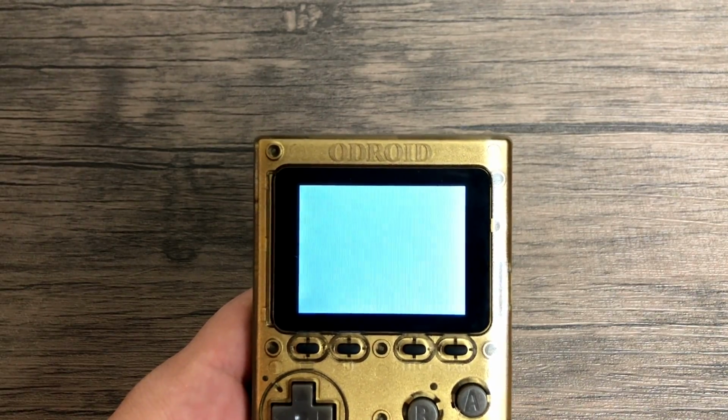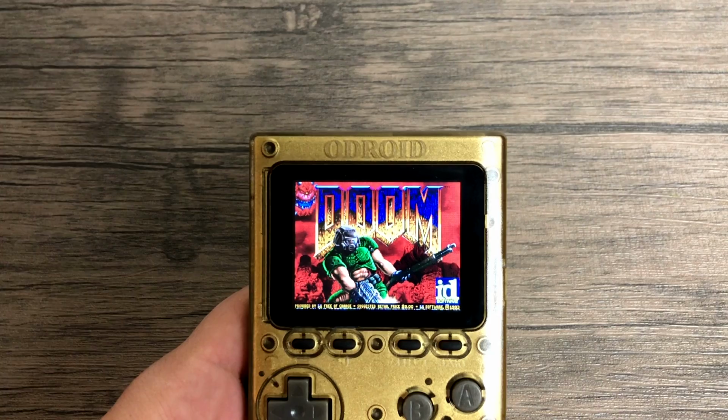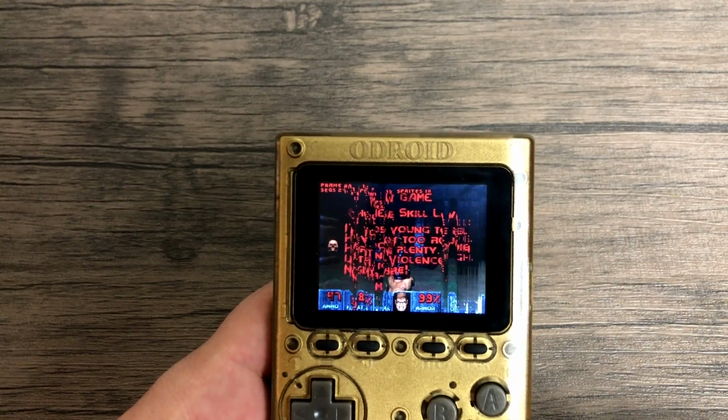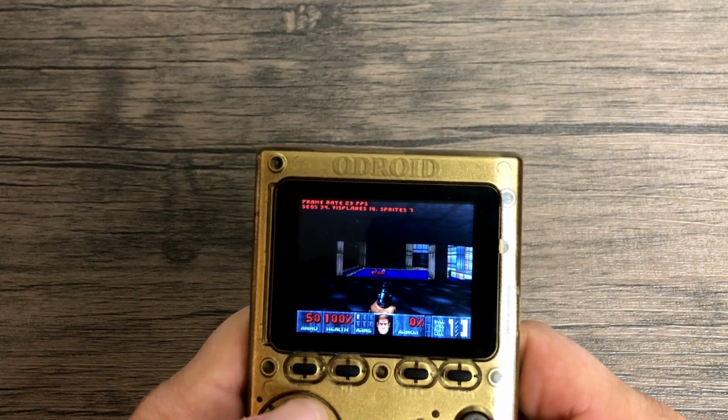So I'm going to go ahead and power the Odroid Go on. It's going to boot directly into Doom. Now there are a few issues with this port. Right now there is no sound. I can deal without sound, but there's also no strafe button. There's no way to strafe in the game, at least I haven't found a way, and that's a big part